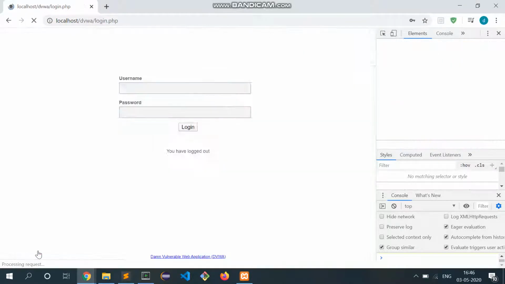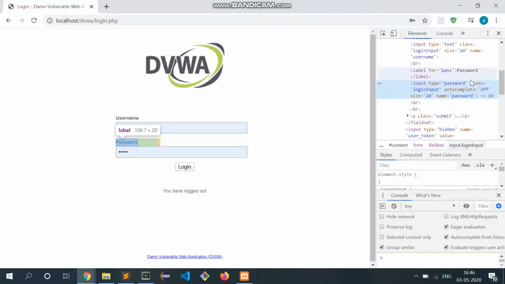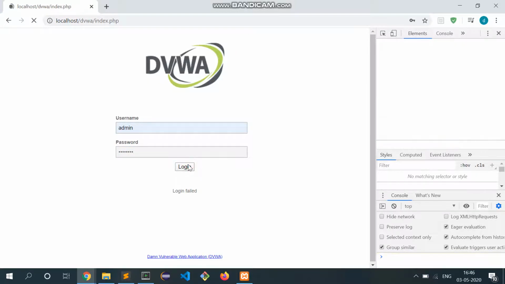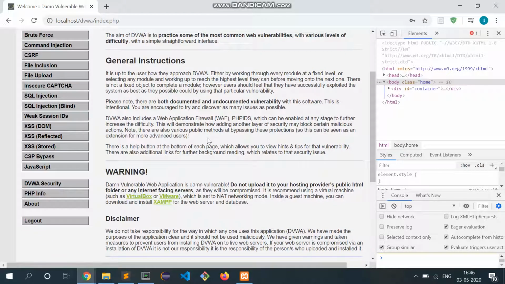We can log out and see the password is Divya. We'll try to log in, but the login failed. But when I log in with Divya123, I can log in. So this was the medium security level. In the medium security level, we can check the script. There is only one check to see where the request comes from. It checks if the HTTP referrer is in the same server and vice versa.